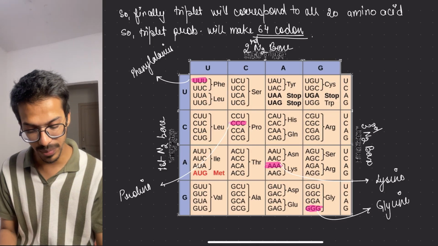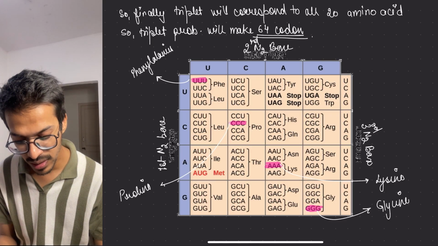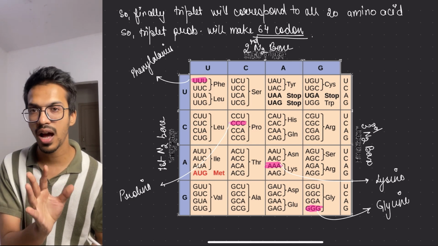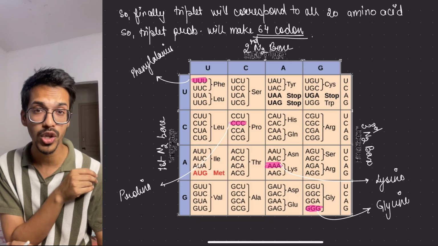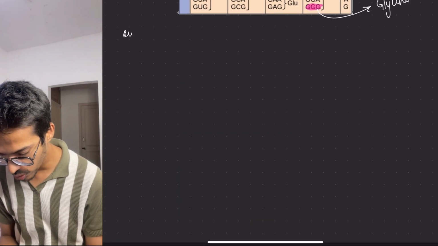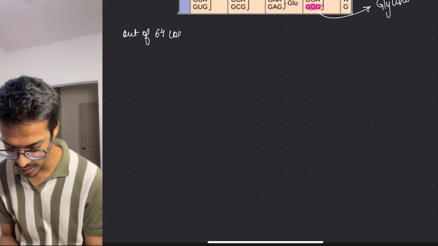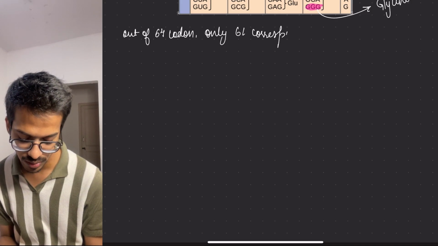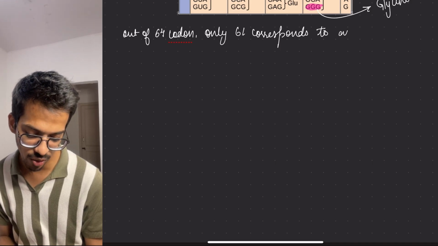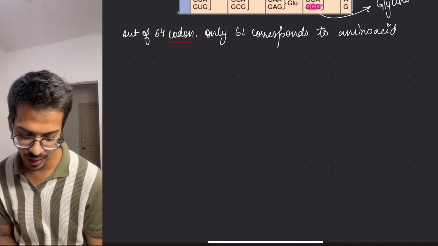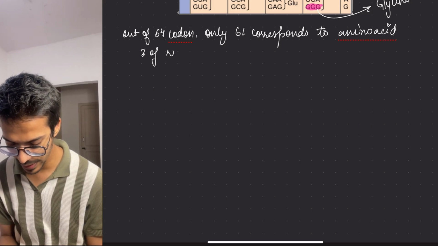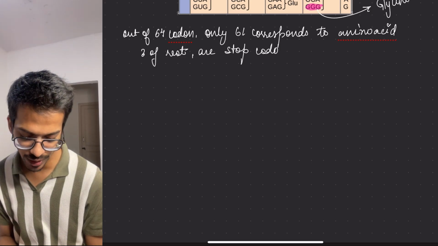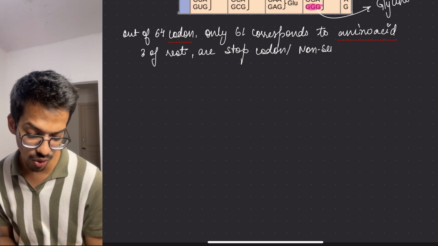Now this thing we remember. After that, one more thing you have to remember: out of 64 codons, only 61 actually code for an amino acid, or correspond to an amino acid. So what about the remaining 3? The remaining 3 are stop codons, also called nonsense codons,